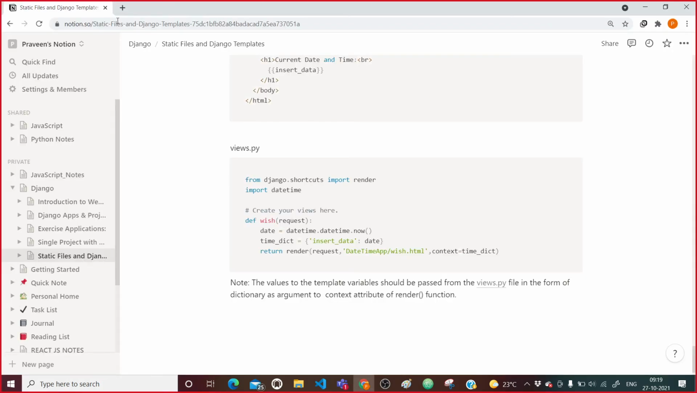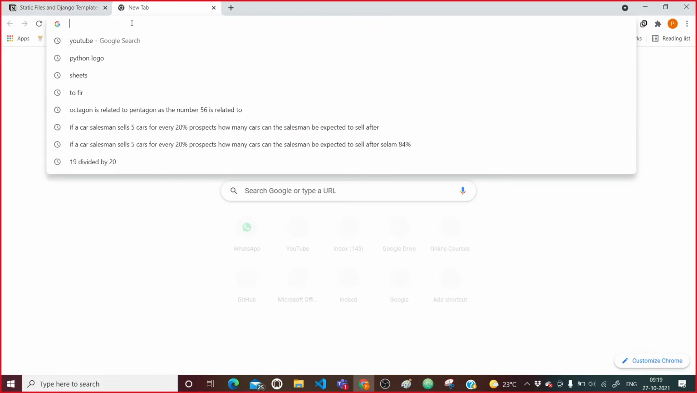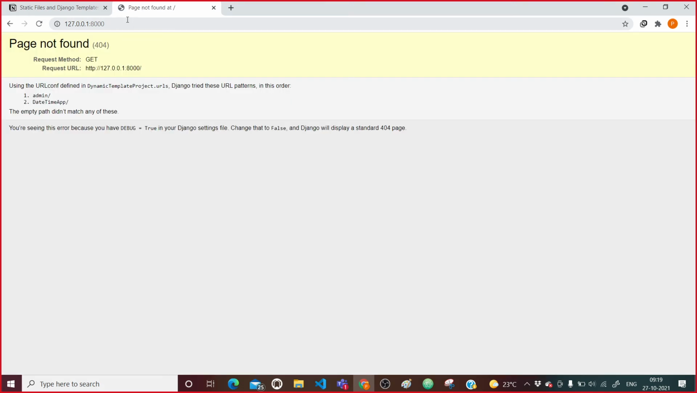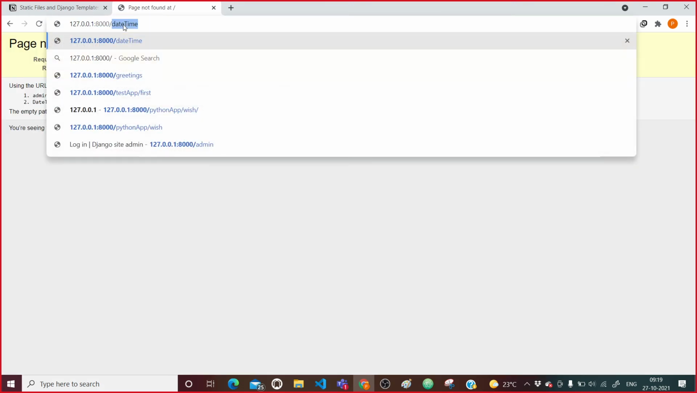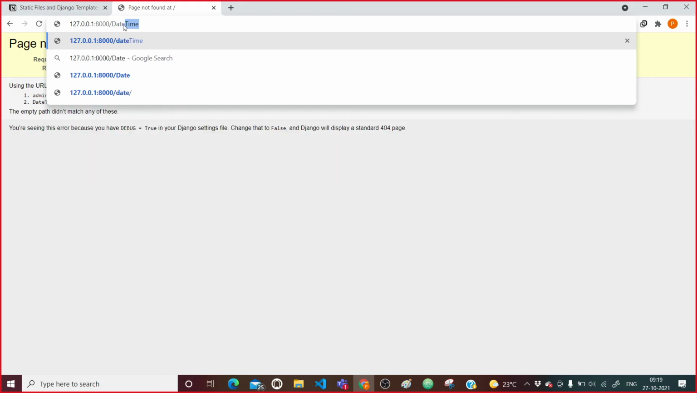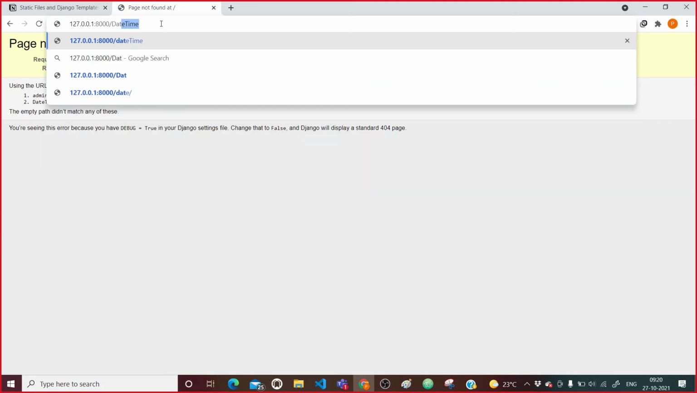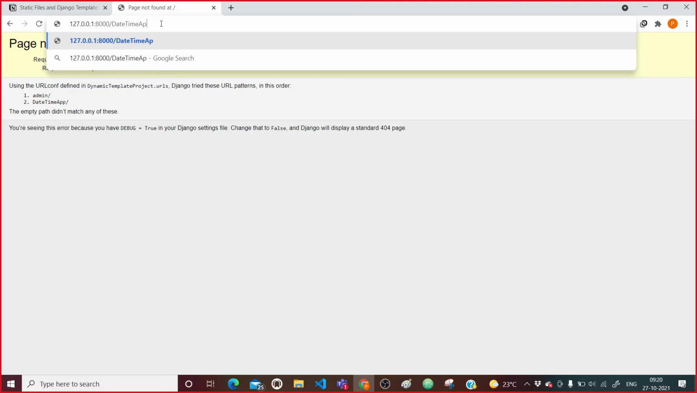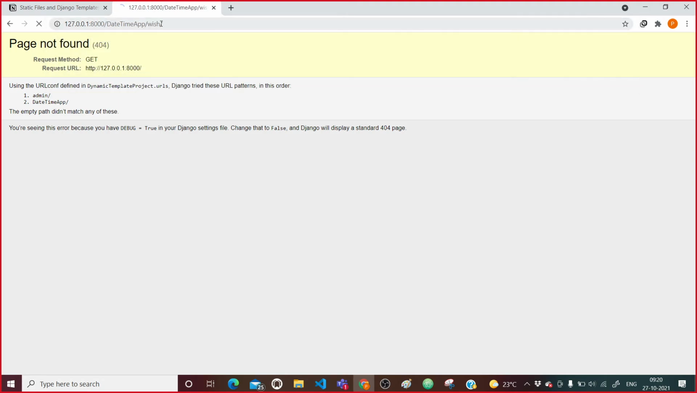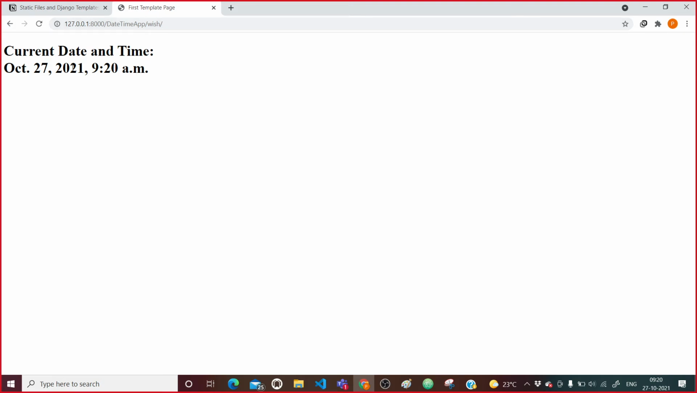Okay, so I will come here and paste it. See, it will say that you have only two URLs. So here I will say datetime app, datetime app. In this datetime app, I have a special URL. I have a special URL. See, it is showing